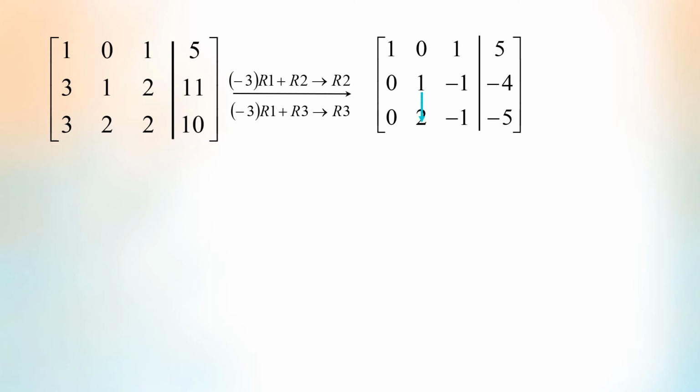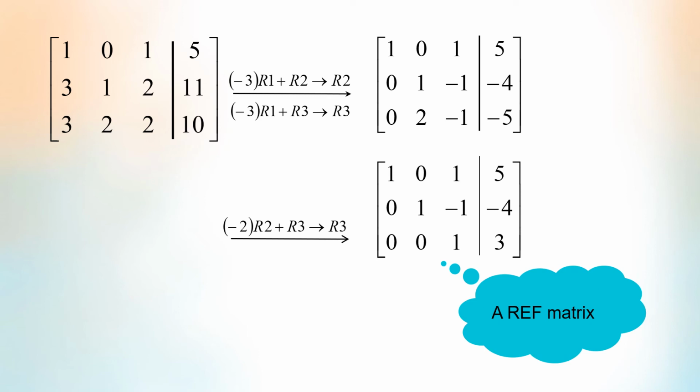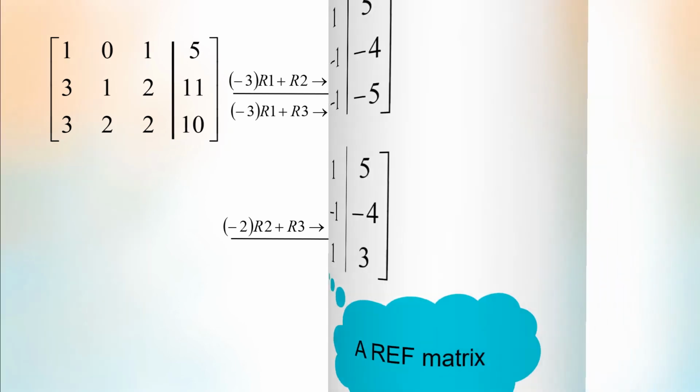Then to obtain 0 below the leading entry 1 in the second row, we multiply row 2 by negative 2, and the product is added to row 3 to produce a new row 3. This will produce a matrix in row echelon form, so we can stop the Gaussian elimination process. The corresponding system of equations to the row echelon form matrix is